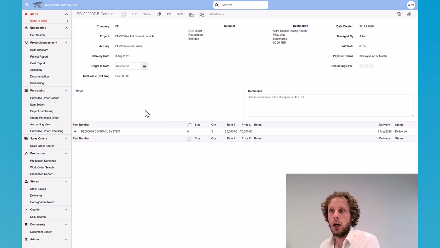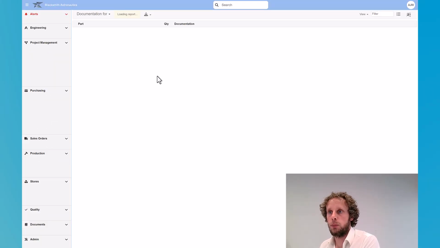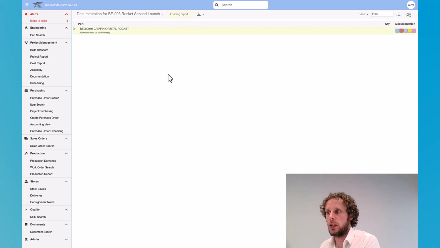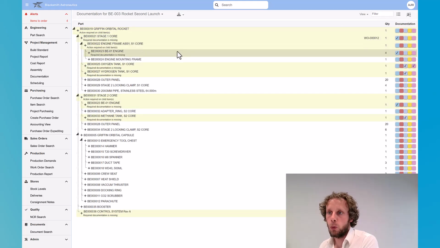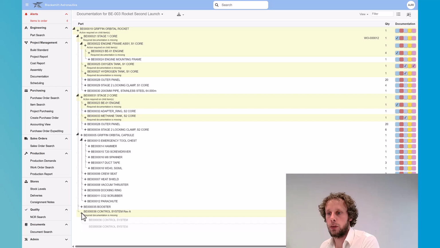What we'll do now is we'll look at the report for the documentation and understand where our project's at. So I can go here under project management to the documentation report, and that's going to give me an overall view of where all the documentation is for this rocket build. So again, if I just expand this out, we can see that all the parts in yellow have some missing documentation to them. So we can see here that these engines need a certificate of conformity, and they haven't had that delivered yet. We can see down here that the control system